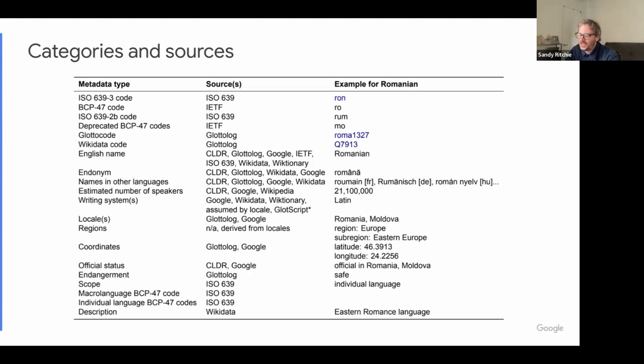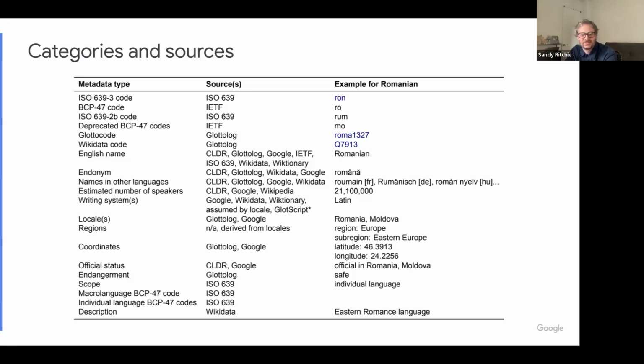Then countries or regions where it's spoken, and the coordinates. The coordinates are kind of tricky. Obviously, a language is not spoken in a single point. It's usually spoken over a diffuse area, or even in various non-contiguous areas when you look at international languages. So the point is from Glottolog, and we represent it without much modification. I think it's not particularly helpful for representing languages, except that when you want to create a map of some subgroup of languages, it's a useful way to represent the information. So we do include it with those caveats.